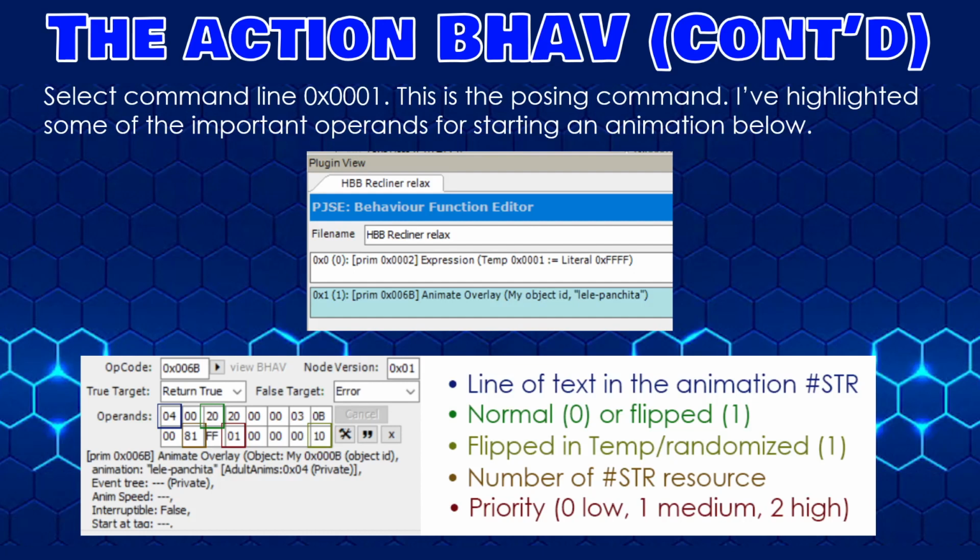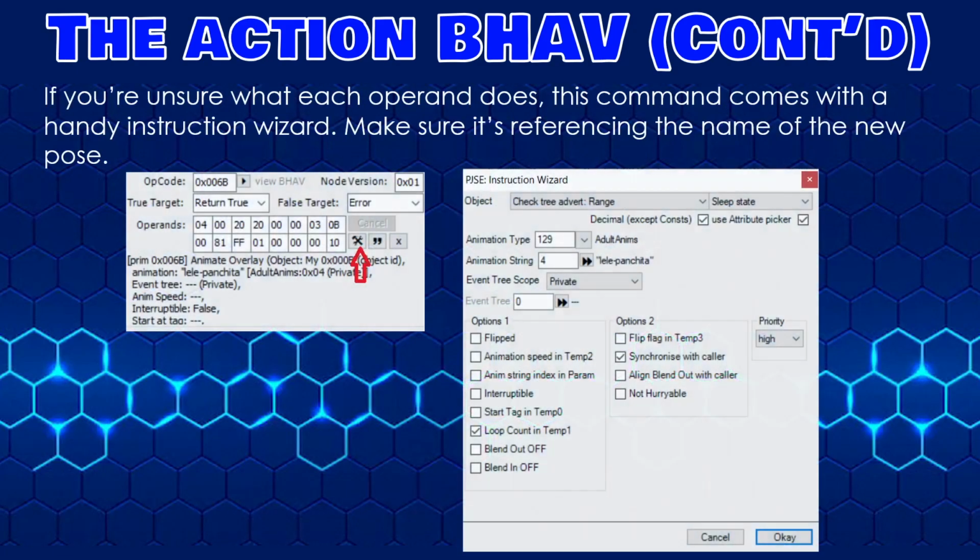So if you have applied 2 poses at the same time to a sim, you'll see that it kind of splits the difference. That's because they're both set to medium. If one is set to high, it's going to give precedent to that animation overlay as opposed to the other one. If you're unsure what each operand does, another option for you, you click on that little tool icon next